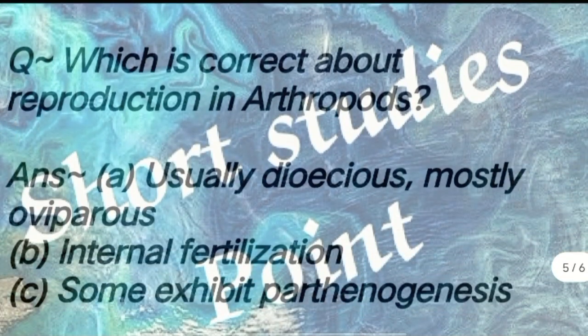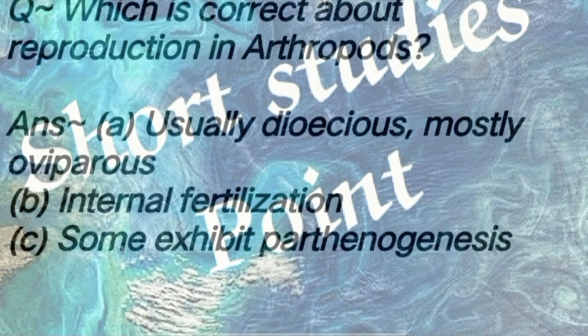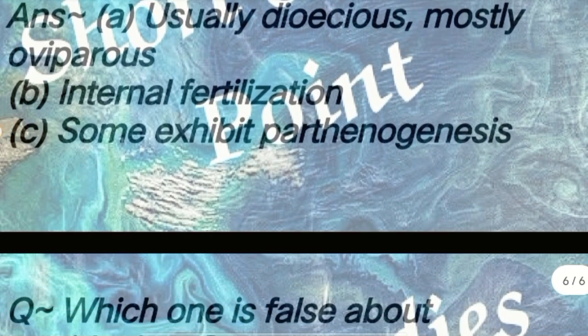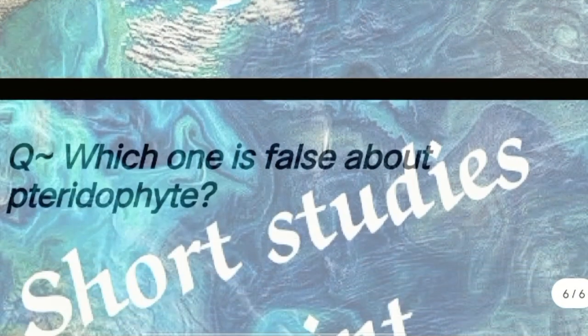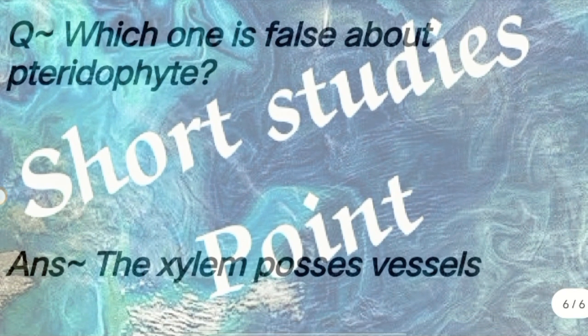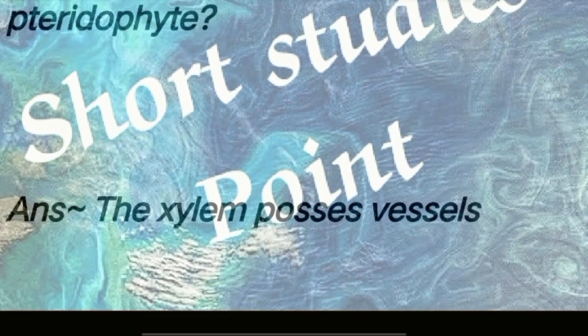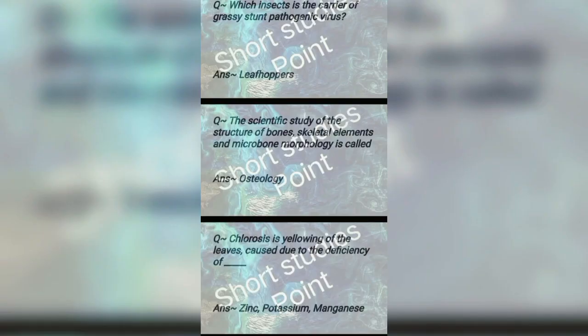Next question: which is correct about reproduction in Arthropoda? Answer: A, usually dioecious, mostly oviparous; B, internal fertilization; and C, some exhibit parthenogenesis. Next question: which one is false about Pteridophyte? Answer: the xylem possesses vessels. Which insect is the carrier of grassy stunt pathogenic virus? Answer: Nilaparvata. Next question: the scientific study of the structure of bones, skeletal elements, and bone morphology is called, answer: